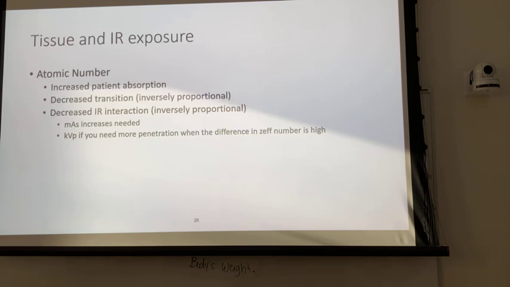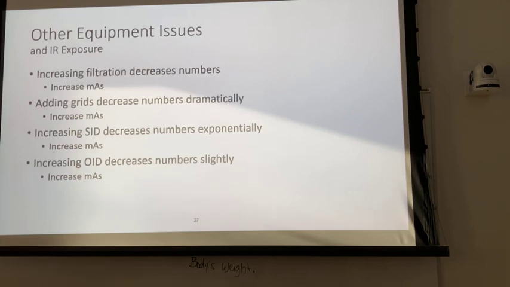Otherwise, you're just going to have to increase mass so dramatically. It's kind of hard on the machine. So other equipment issues, as we increase filtration, we decrease the numbers. Filtration is that thing that's so confusing. It increases the average. Anything that increases the average theoretically would decrease contrast because a greater percentage of the X-ray beam penetrates through the patient, right? But at the same time, it decreases image receptor exposure, so we have to increase mass in order to compensate